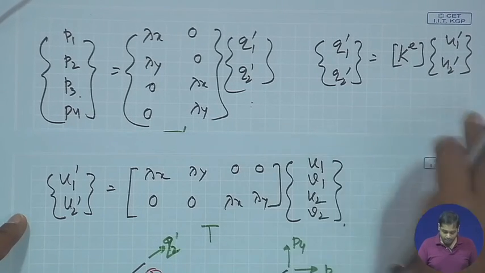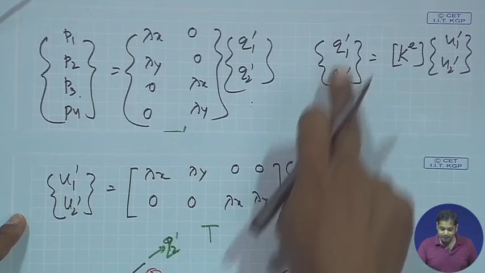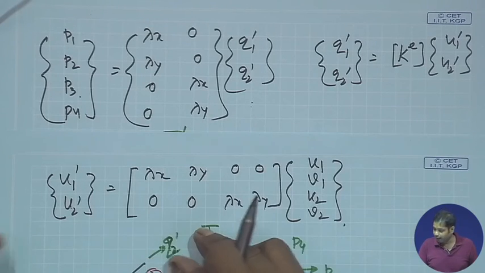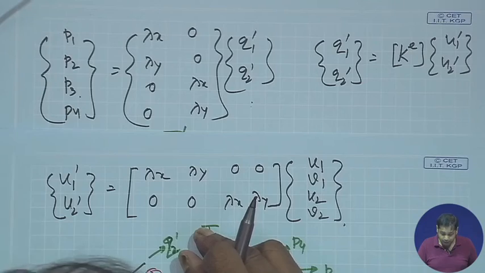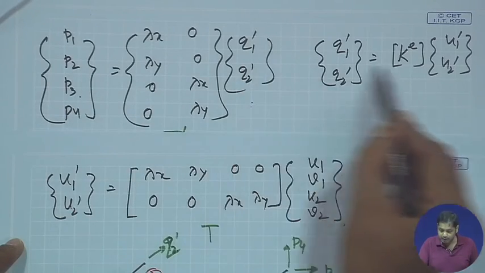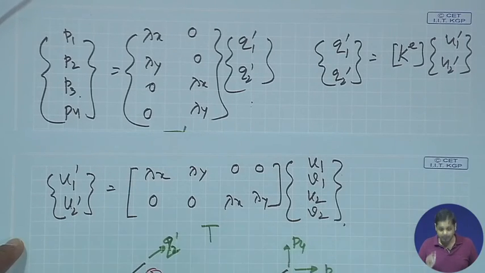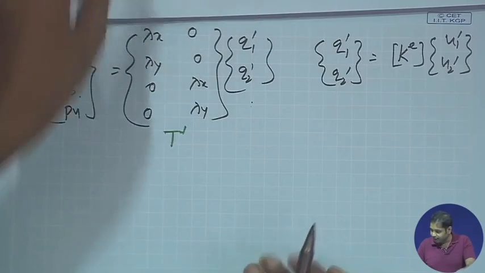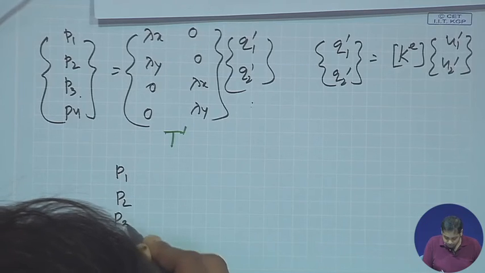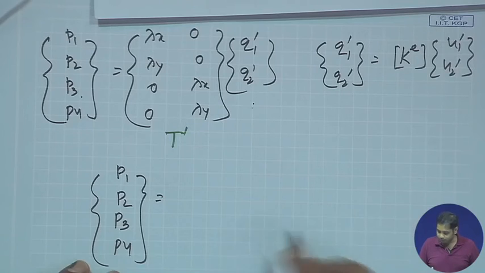What we have to do now is replace this U1 dash U2 dash by this, and Q1 dash and Q2 dash by this. If we do that, in this expression Q1 dash Q2 dash is replaced by this, and U1 dash U2 dash is replaced by this, and what we get is P1, P2, P3 and P4, which is your load vector, that is equal to